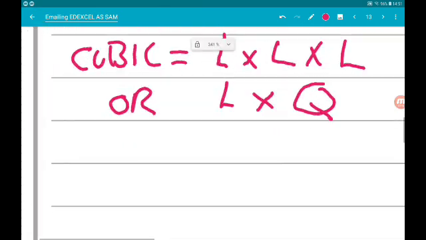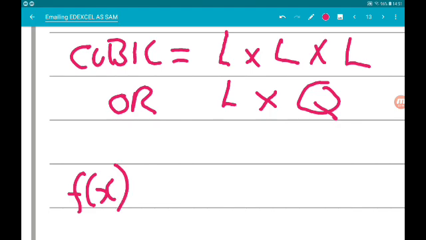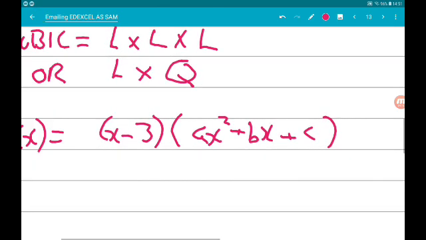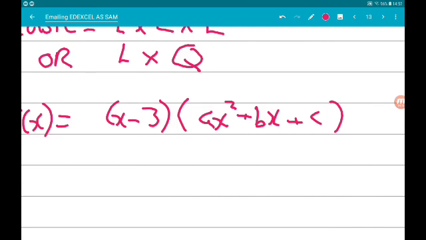So we know then that f of x can be written as x minus 3 times some quadratic factor. So ax squared add bx add c. So what we need to do is find the values of a, b and c. So we then know the quadratic factor, and we can then check how many real solutions the quadratic has using the discriminant. So there's a few different ways we could do this, but we could use algebraic division. I'm going to compare coefficients, because I think it's probably